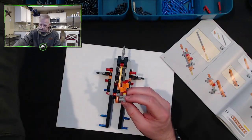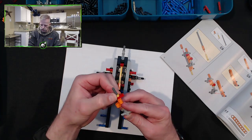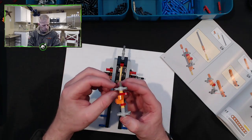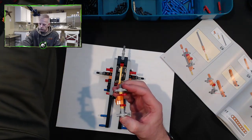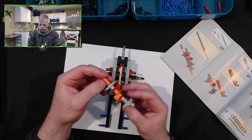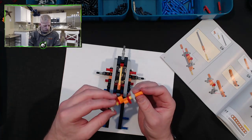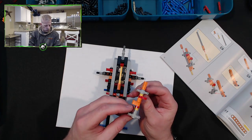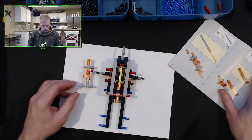We're going to need a yellow spacer and another H member. Slide that down. Another H member, we'll apply that there. And it looks like we need ourselves a bridge. I call these bridges or connectors. There you go. Okay, so that is done. Everything looks good. So now we're going to move on. That was step 41 we just did. Step 42, we're going to need...